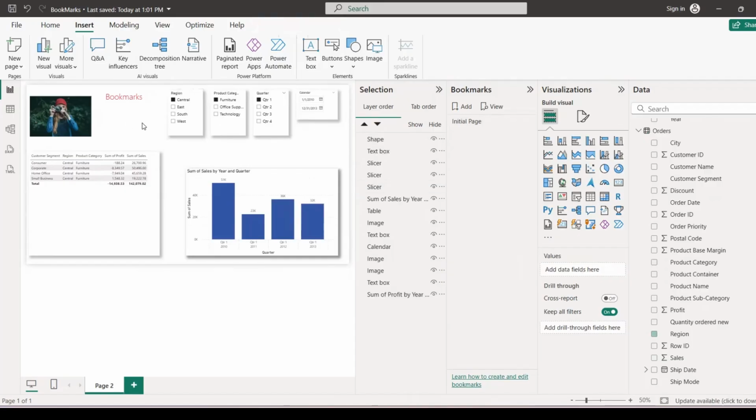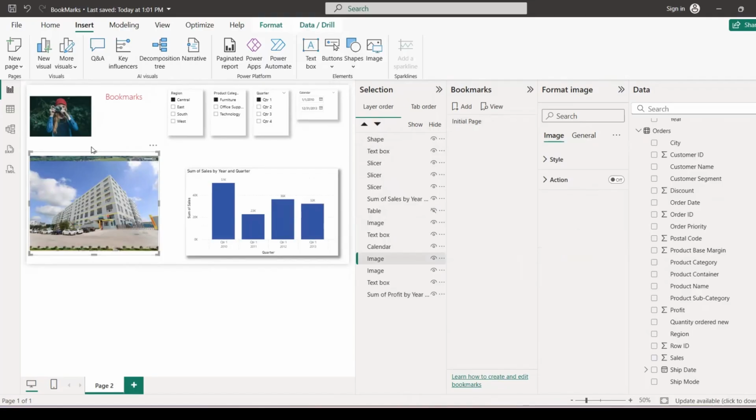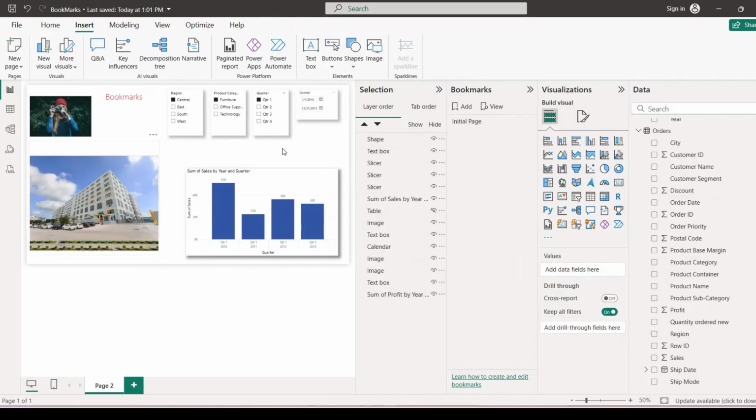And what we want now is to just have a picture with the factory. So in order to do that, we just need to go and check for the table in our selection, which is here. If we click on this icon, we'll hide it. And now we see the picture, but as you can see, the other one is also visible, so we need to cover it a little bit. We drag like that, expand a little bit the picture, and that's it.